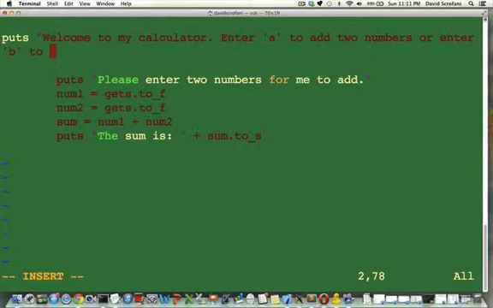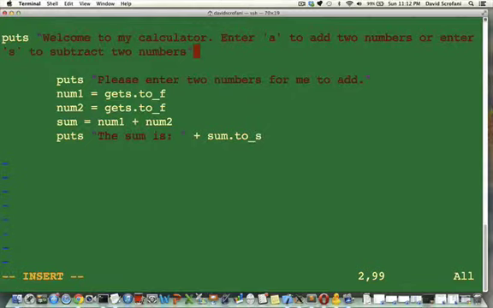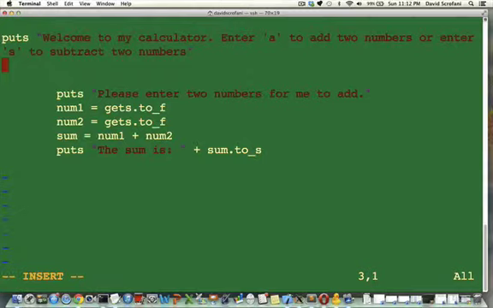B to subtract. Actually, that's silly. Let's make it S for subtract numbers. Okay, just like that. Sorry for the text wrapping to the next line like that. It's just that I'm zoomed in so big so you can see the text in this video that I can't type too much on any line before it wraps like that. All right. And I think